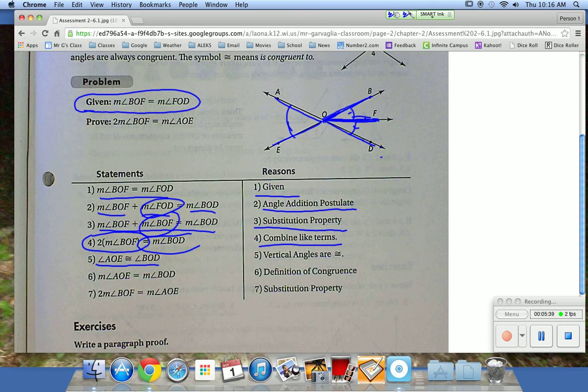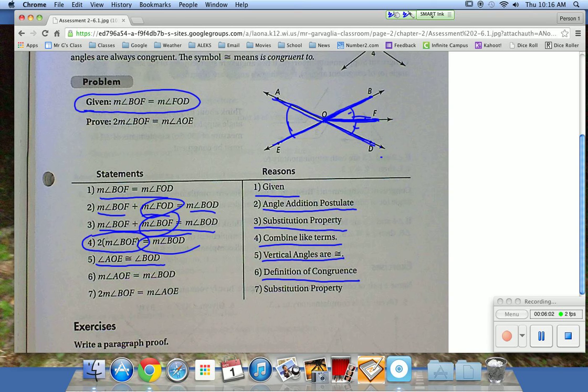The next one is angle AOE. E is congruent to BOD. So this one here is congruent to this one here. Why? Because vertical angles are congruent. The vertical angle theorem. So if AOE is congruent to BOD, the definition of congruency,